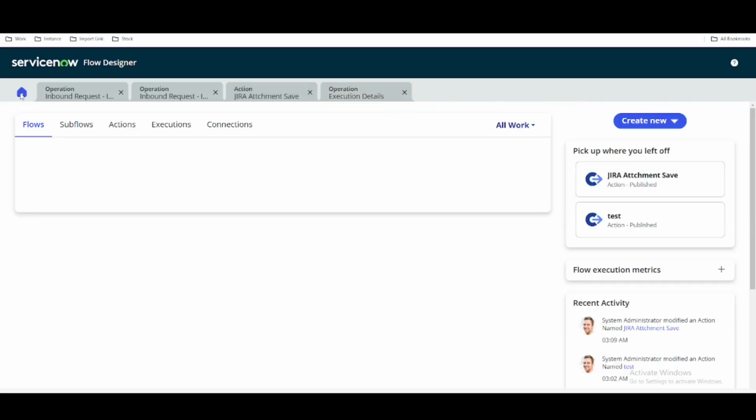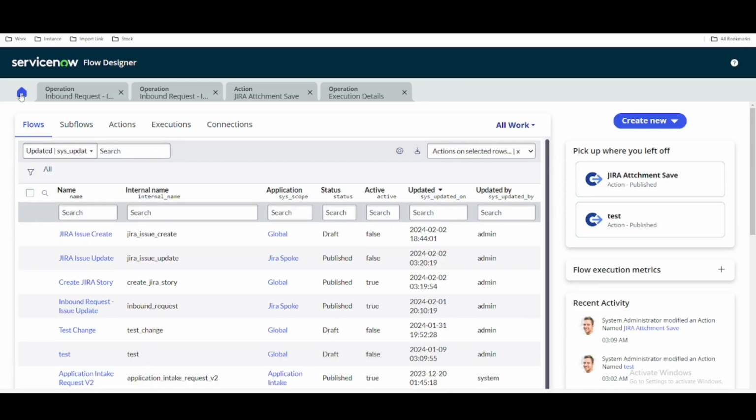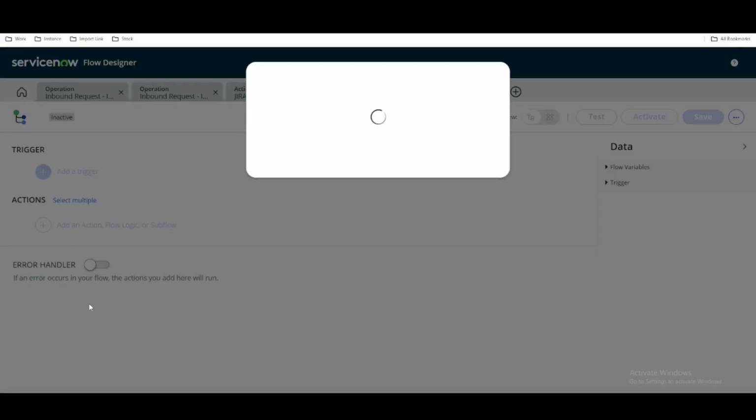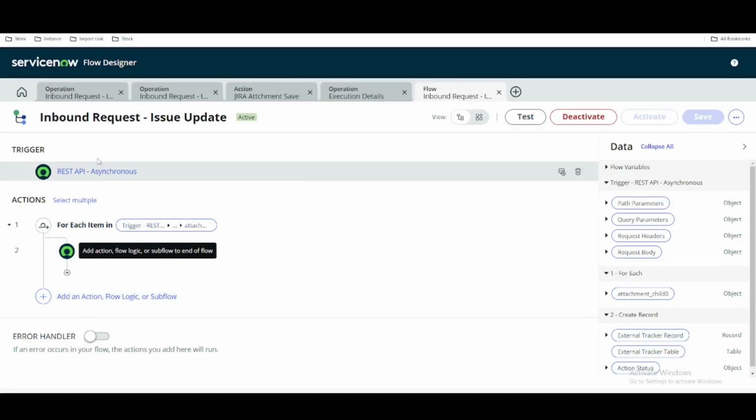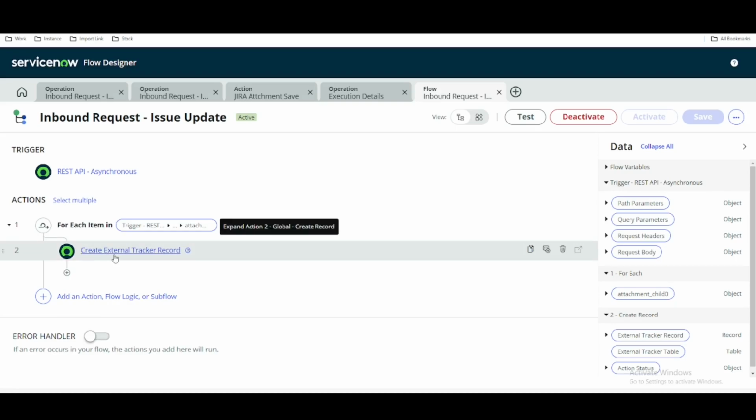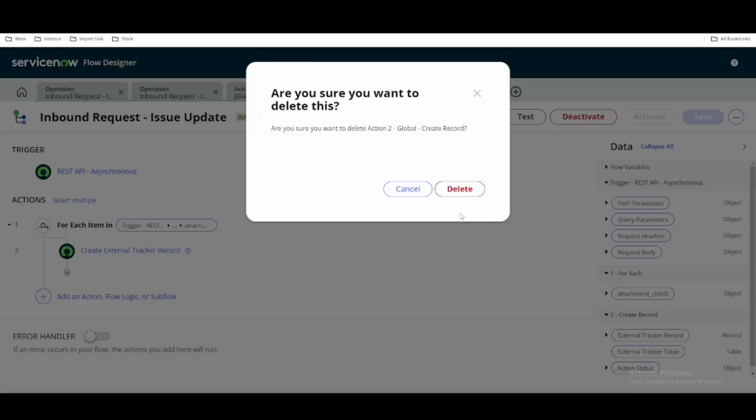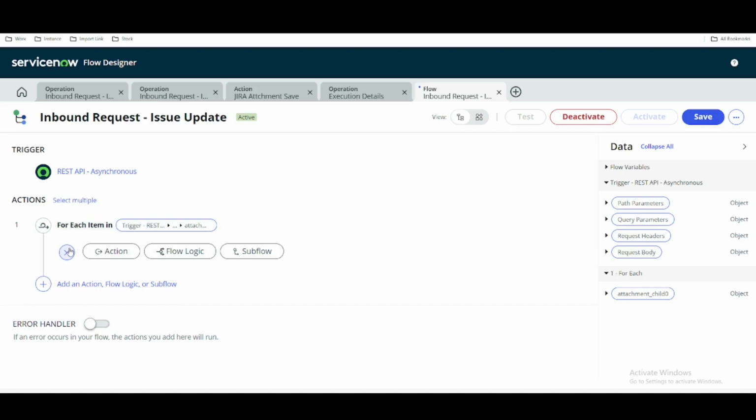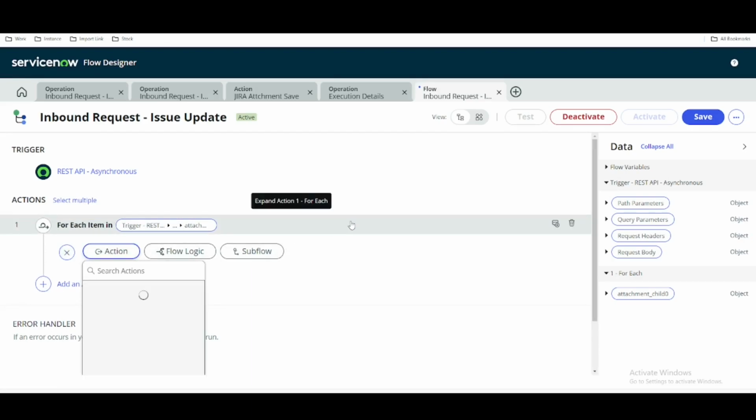For that, I'll go to our flow, and we have a flow called inbound request issue update, if you recall that. This we have created. Whenever some attachment is coming, this should be initiated, right? It has a for loop which is creating the external tracker record. I'll simply delete that for the time being, and I'll go to this action,